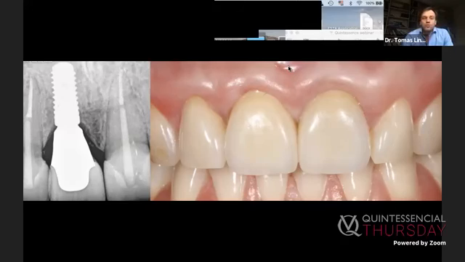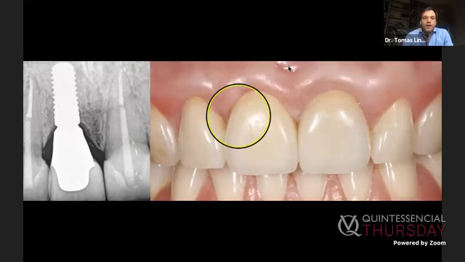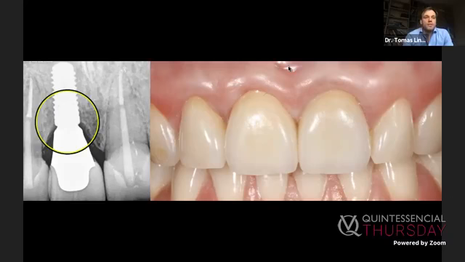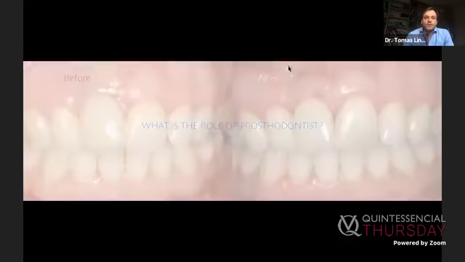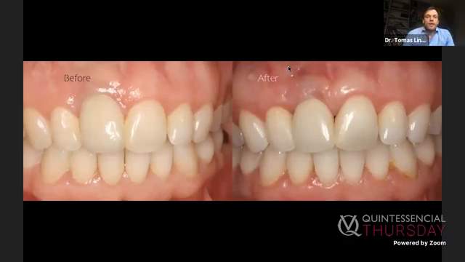And what is the role of the prosthodontist to have a nice profile like we see here and to have nice bone stability as you can see on the X-ray? Again, what is the role of the prosthodontist? What should we do to improve these things and not to spoil good surgery which was done before us? And I'm sure that everybody remembers, at least I do, 15 years ago,